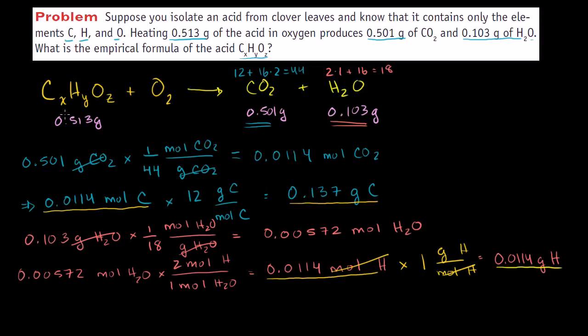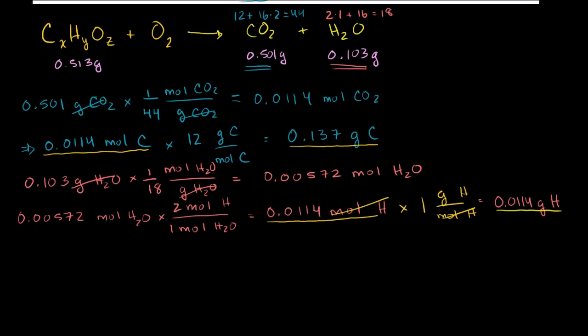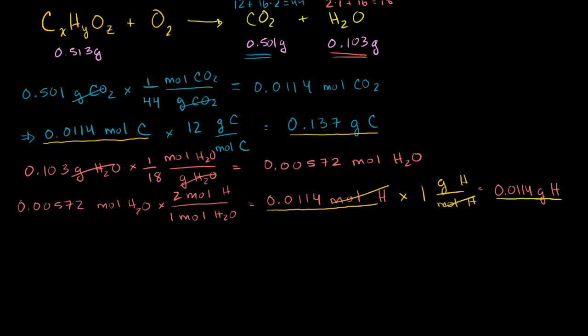And to do that, we have a total of 0.513 grams of this thing. We subtract out how much of it is carbon, how much of it is hydrogen, and that'll tell us how much is oxygen. So let me scroll down a little bit. If we want to figure out how much is oxygen, we literally just take 0.513 grams, minus the grams of carbon. So minus 0.137. Let me do it in that same color so you know where I'm getting these numbers from. Minus our grams of carbon,